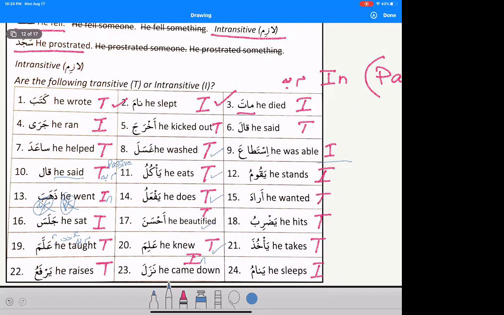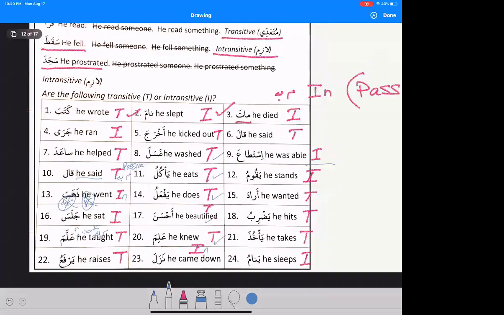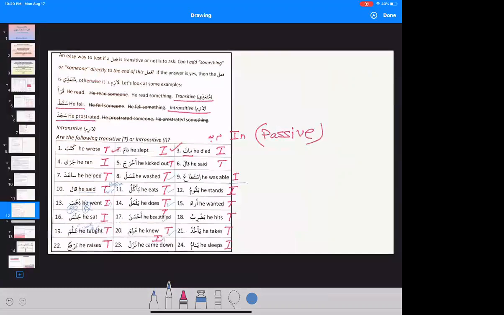Yanamu, he sleeps, lazim. So everyone is clear about lazim and mutaddi fi'l? Making sense to everyone? Yes, Alhamdulillah. Okay. So now,